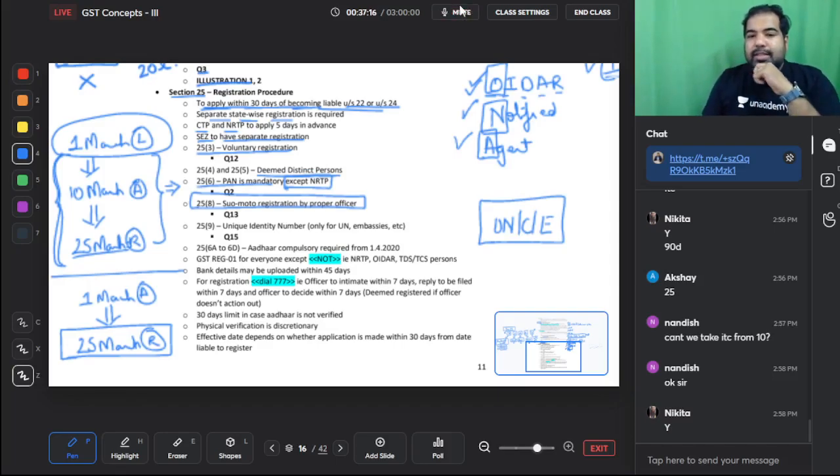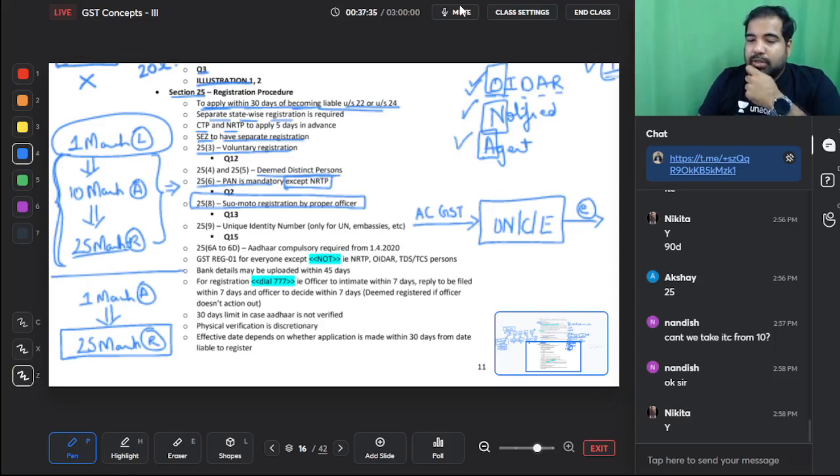Okay. So guys, if there are UN, consulates, embassies, etc., when they supply services, there is no GST. It's an exemption. We'll see today an exemption. But when the UN, etc., they buy an AC, do they have to pay GST on that AC? Yes, they will have to pay GST. So how will they take credit?